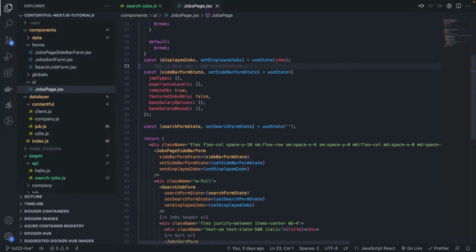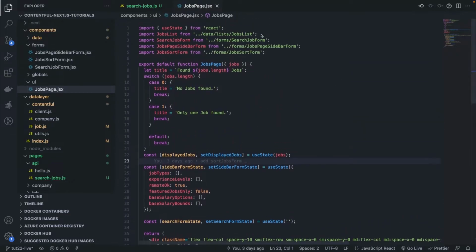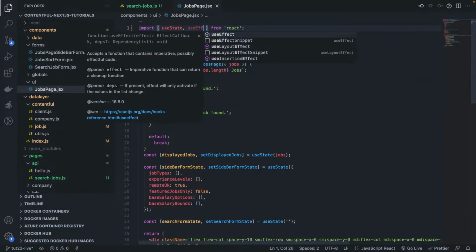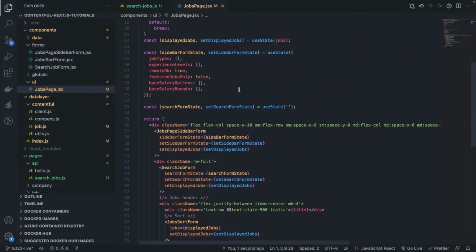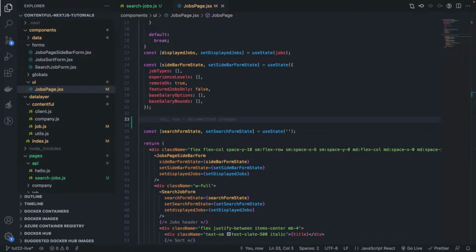Okay, so one way to do a query in Contentful, in a React component, is to call the fetch API. Because it's an impure function, we need to do it from the useEffect hook. You remember your React, right? So in order to use useEffect, what we do is simply